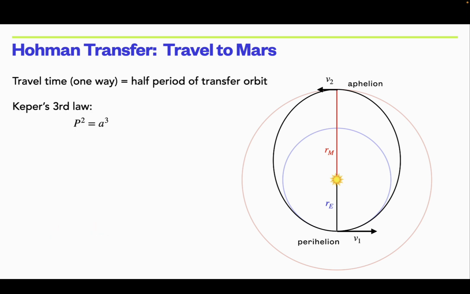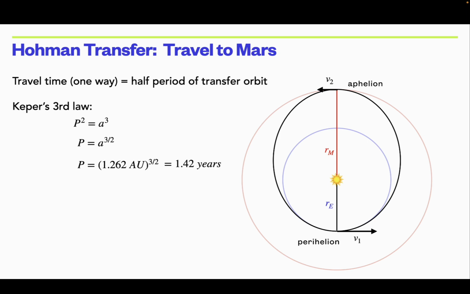So the travel time is going to be half the period, right? The period of an elliptical orbit is how long it takes the object to go all the way around and then back to where it started from. Since we're only going from perihelion to aphelion, it's going to be half the period. So to get the period, you can use Kepler's third law, the simple form where we've set that constant k equal to 1. So in other words, P is a to the 3/2 power. Just plugging in the semi-major axis, 1.262 AU,